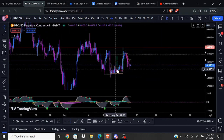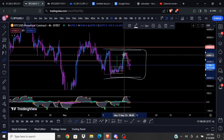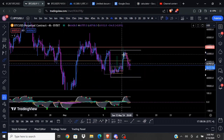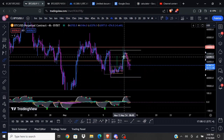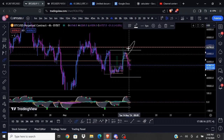But of course, they have to start off with the local context. And I was trading this range. I took a lot of profits out when we rotated to the high. So I think I played this well, even if I missed out on some unrealized gains. I probably could have locked in over 10% easily if I just closed all the trades out up here. But I was willing to keep them open for the chance that we ended up breaking out to the